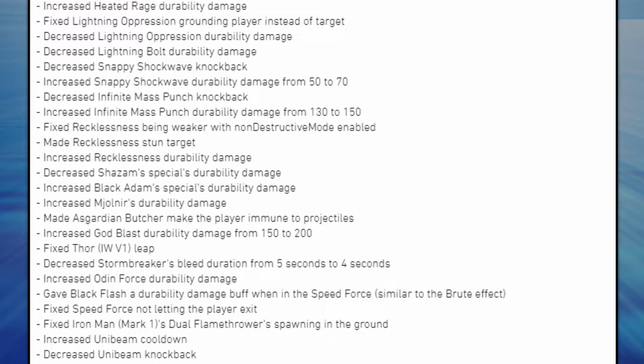130 to 150, fixed Recklessness being weaker with non-destructive mode enabled, made Destructiveness stun target, increased Recklessness durability damage, decreased Shazam's special durability damage, increased Black Adam's special durability damage, increased Mjolnir's durability damage, made Asgardian Butcher make the player immune to projectiles, increased God Blast durability damage from 150 to 200, fixed Thor Infinity War V1 Leap, decreased Stormbreaker's